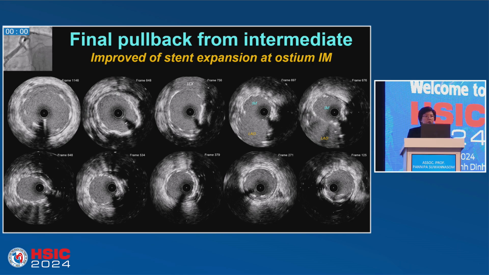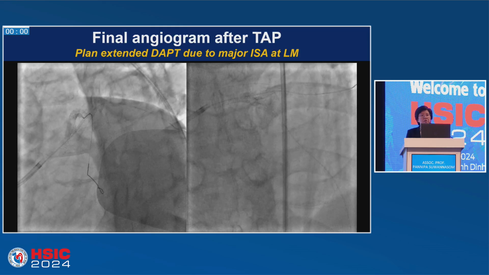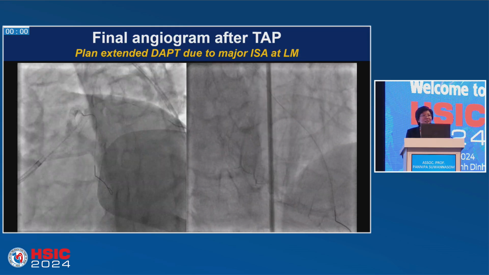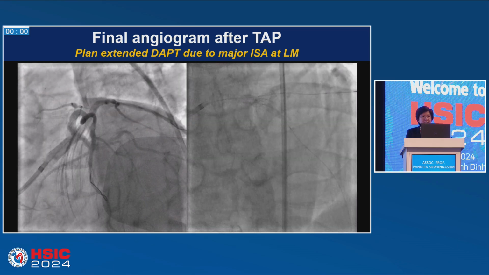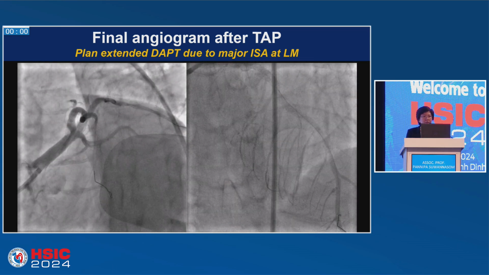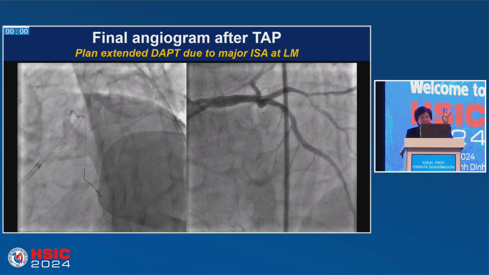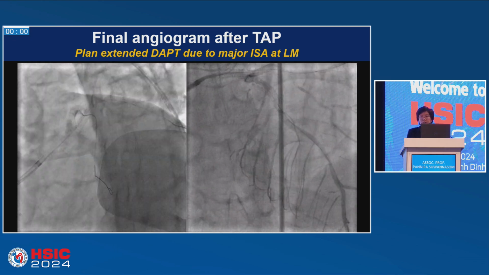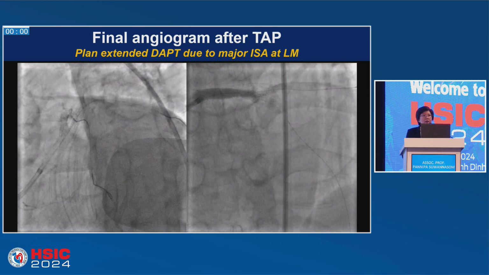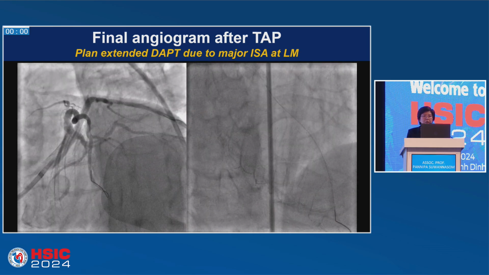It's like 6.0, and we do not have a balloon bigger like that, especially since the stent that we implant is just 4.0. I think there is no stent in this world that can go to 6.0 for the time being. So in this patient, because the strut is floating in the left main, I think the patient should be on extended dual antiplatelet therapy, at least, if allowed, about 24 months.